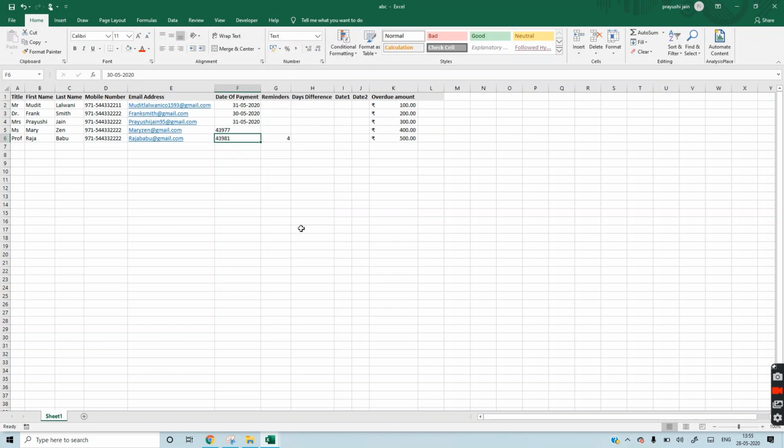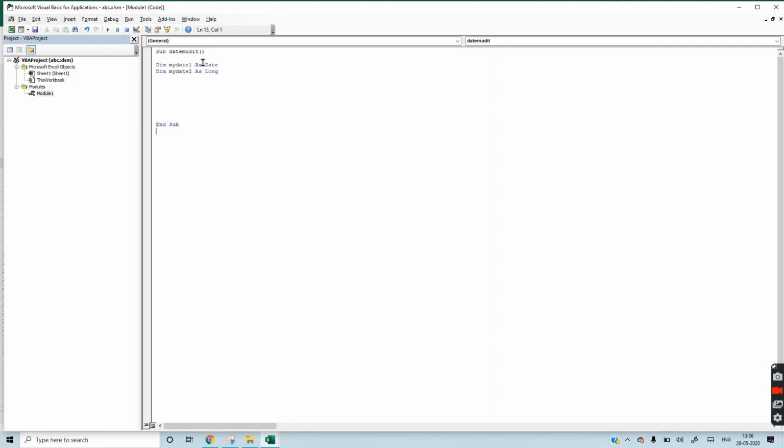Similarly, we will convert this one. The difference between these two numbers is the number of days: 43,977 minus 43,981, which gives this number. So similarly we have done it here. My date 1 will accept it as a date, and then it will convert it into a number by converting into a Long.